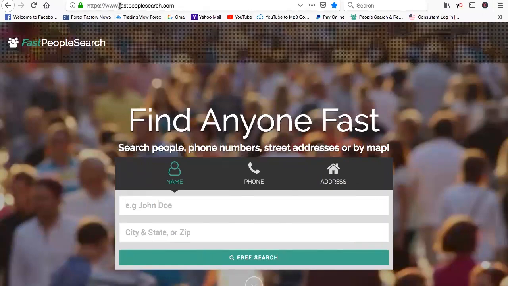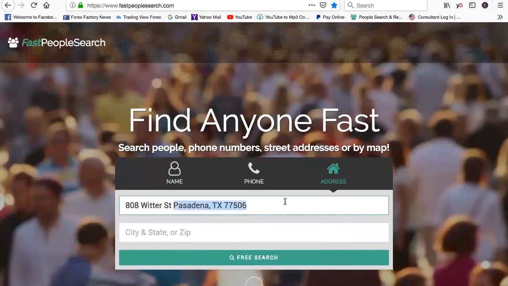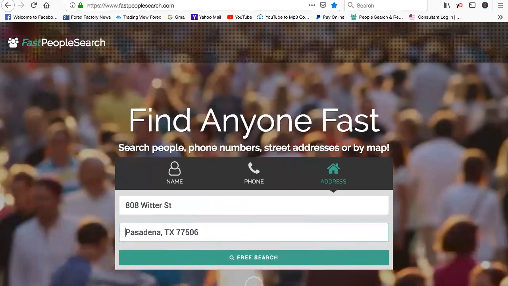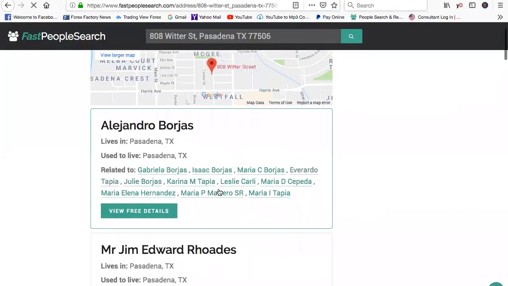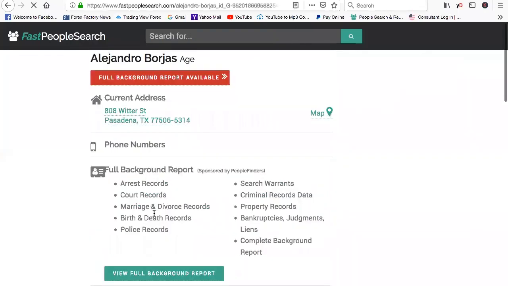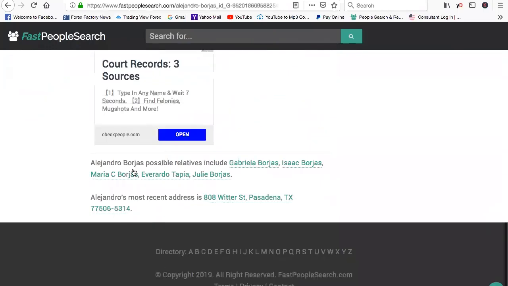So you go to fastpeoplesearch.com. You can search by name, you can search by phone number, you can search by address. So we're going to search by address. We're going to put in the address that we found. Alejandro. Now this could be multiple people, so you want to make sure you look into it, see what they have going on, who's who,